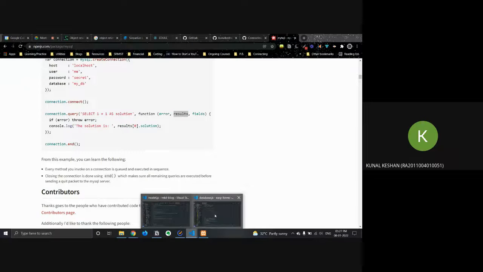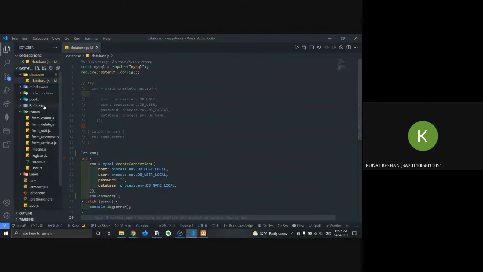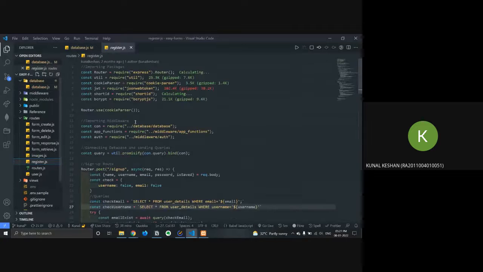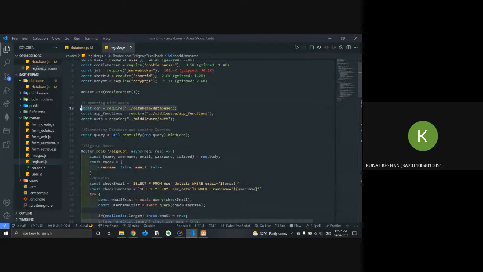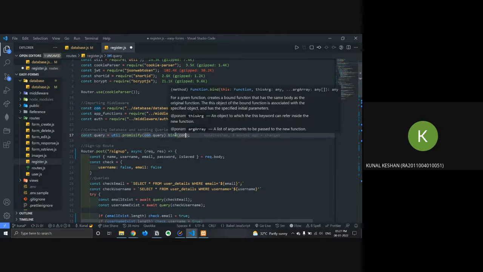And to give you an example, let's just come back here. I'll go to register, right? So I'm getting the connection from the database, and I'm doing the same thing, util dot promisify. I'm setting in the query method over here, and I'm binding it so that I get all the results directly from that method.